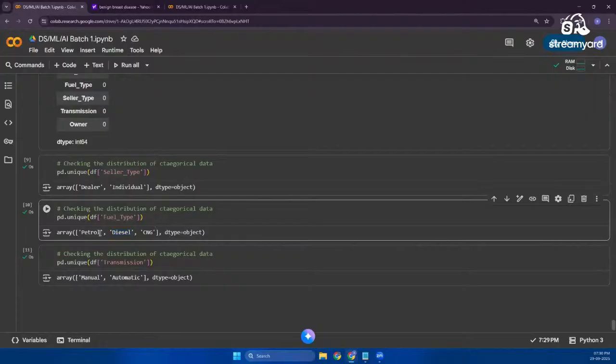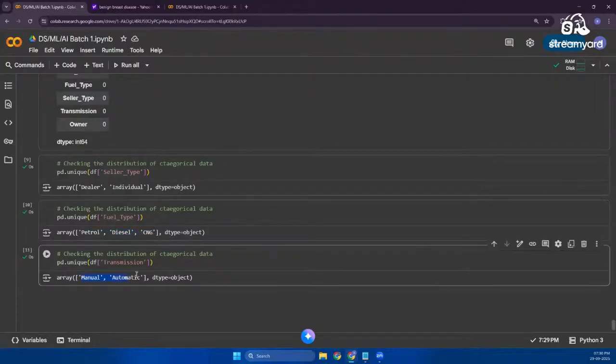All these values make perfect sense, so we are keeping them. Here also, manual and automatic are there. If something else is there which doesn't make any sense, you are supposed to remove that particular data. I hope these things are very much clear. Now what we'll do is change everything into